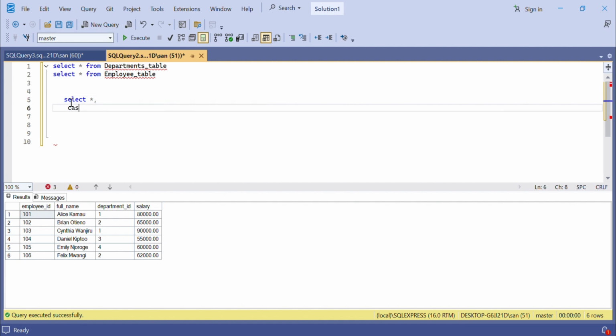Case 1: when salary is less than 60,000,